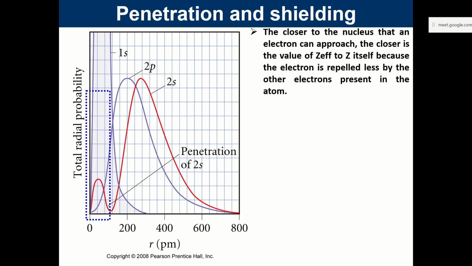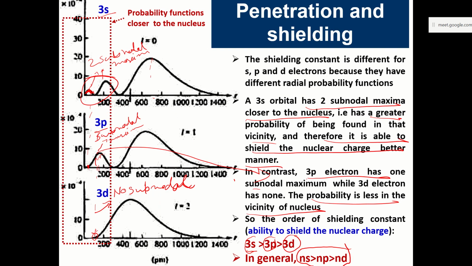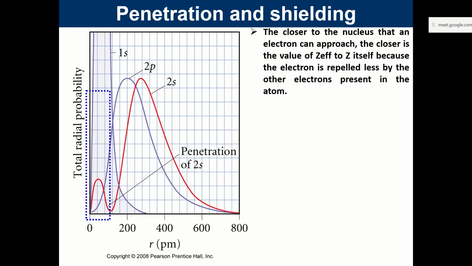The other thing that I'm going to discuss now is penetration. So what we have been looking at till now is the inner core orbit. Okay. So we have been treating the inner layer of electrons as a shield, and how they are protecting the nuclear charge. Now look at this. These are the probability curves for 1s, 2s, and